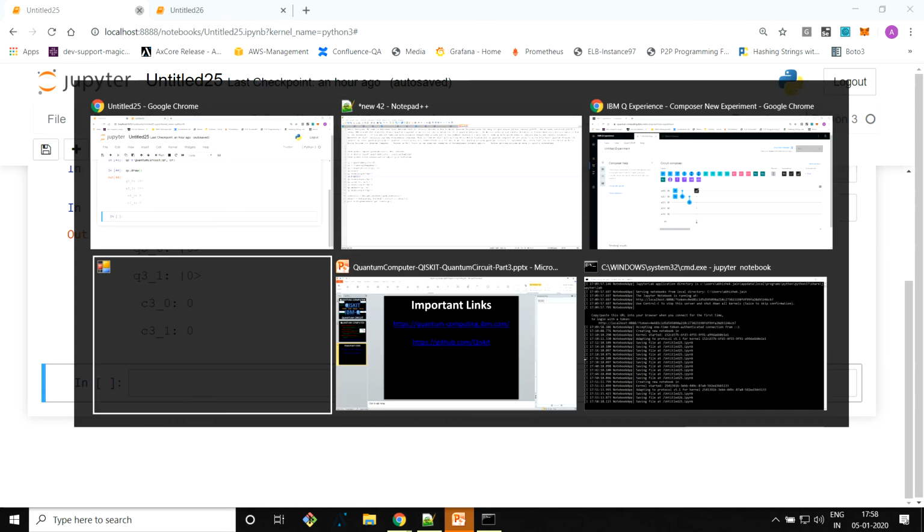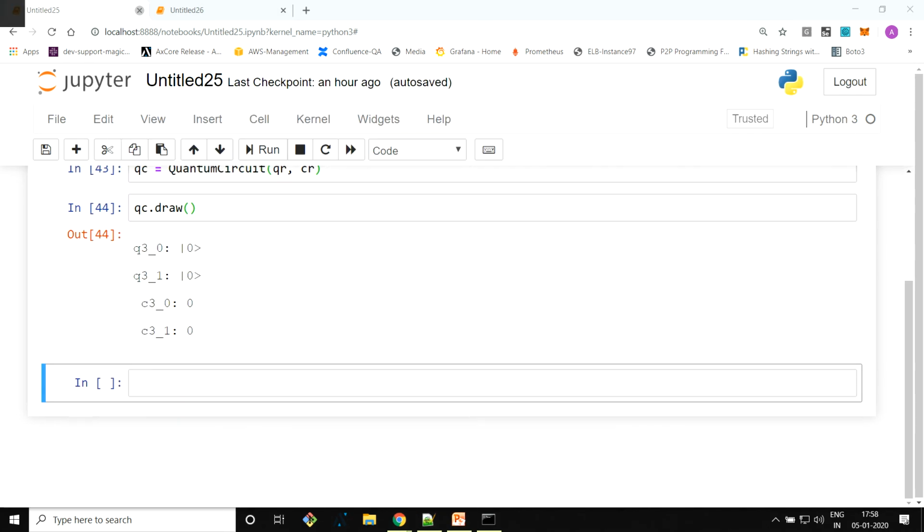The next thing which we want to do is decide what kind of circuit we want to build. We want to build a circuit which would look like